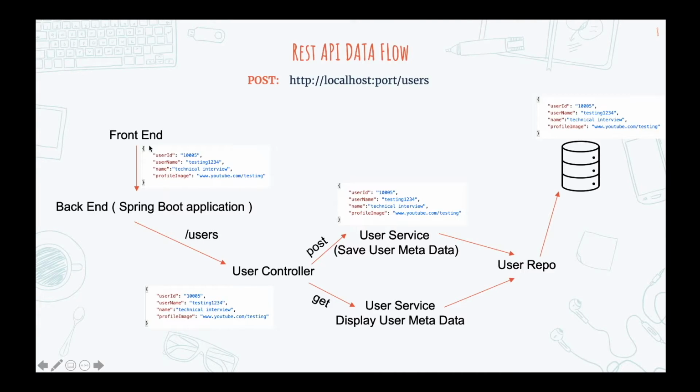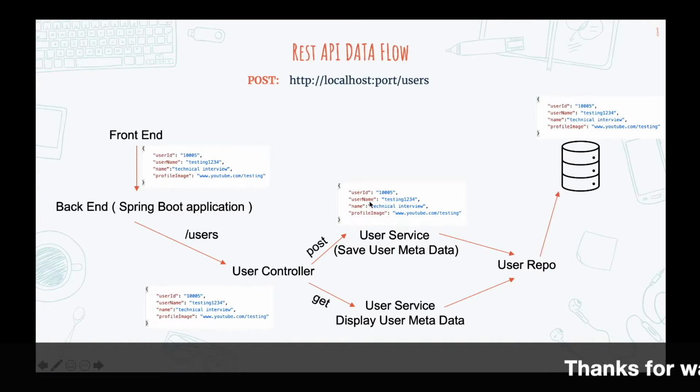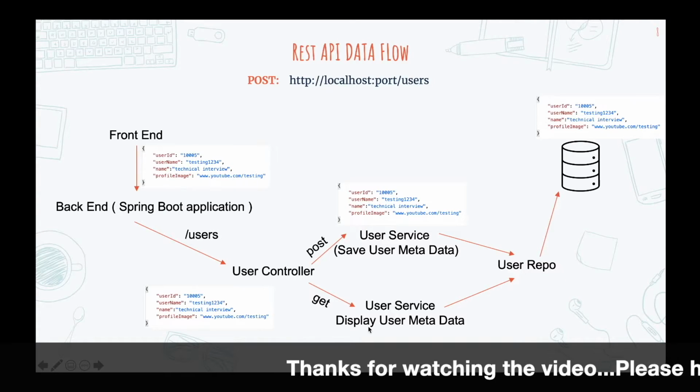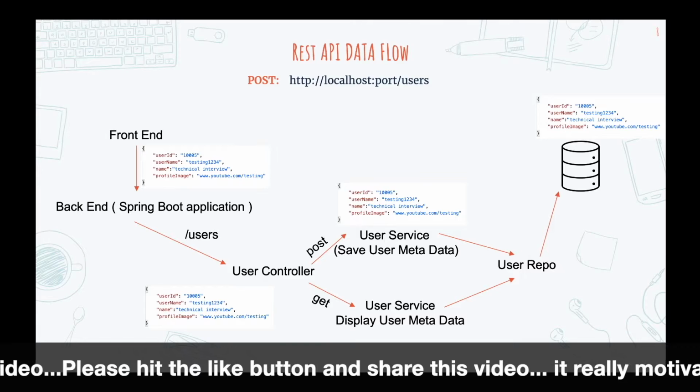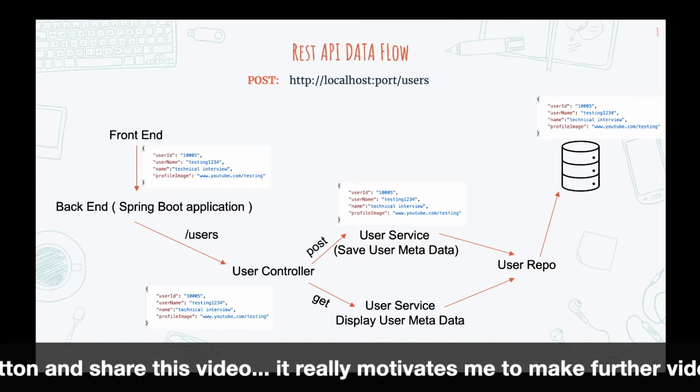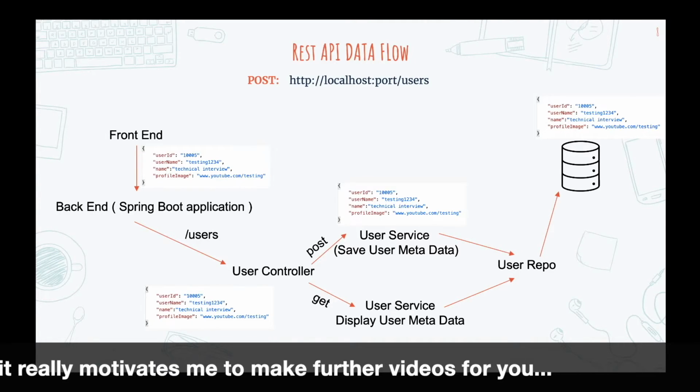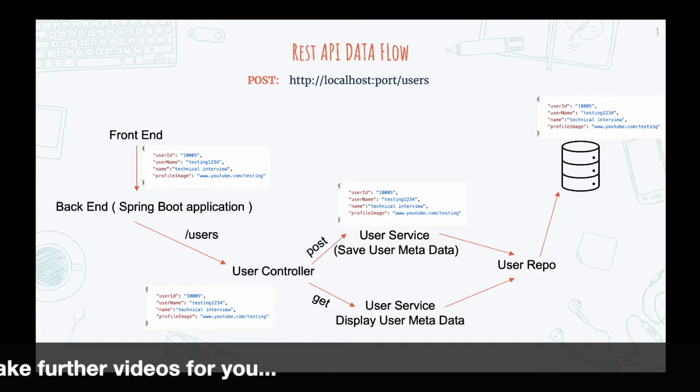So it's actually a path by which we are talking between the front end and the database. And based on the internal method and the payloads by which we are calling an API, the API will divert the payloads and the requests to different services built within itself, and it will submit it to our database. So I hope you guys have got a thorough understanding of how data flows internally within the REST API. So if you have completely understood this flow, we can proceed further to implementing the remaining APIs.